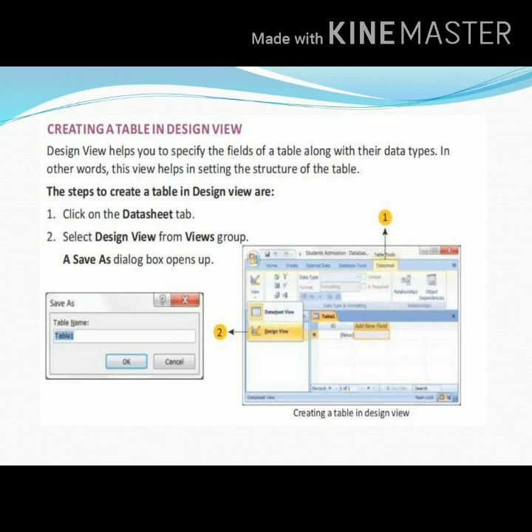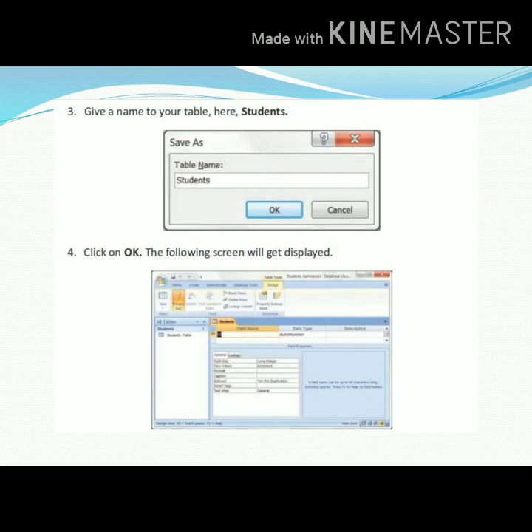So here you can see the first option, that is datasheet. Then the second one is design view. In that it is asking for a table here. So next it is asking for a table name. Either you can save the table as Table 1 itself or else you can give it as student. So I will be taking it as students here. So here you can see in the next screen, the table name, students. Then below that the design view has come. When you click the OK option, the design view has come.